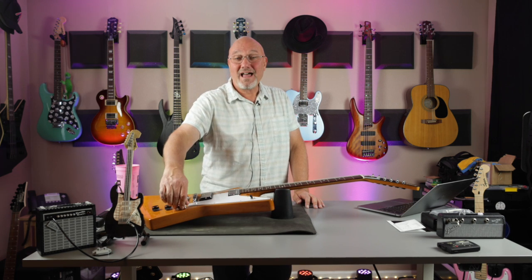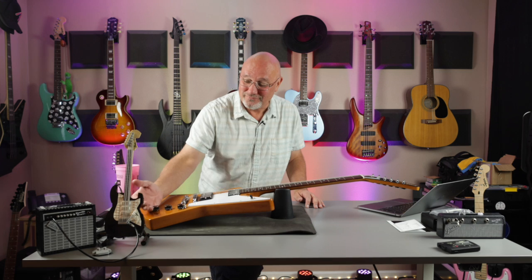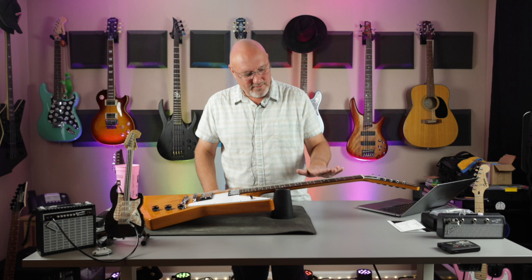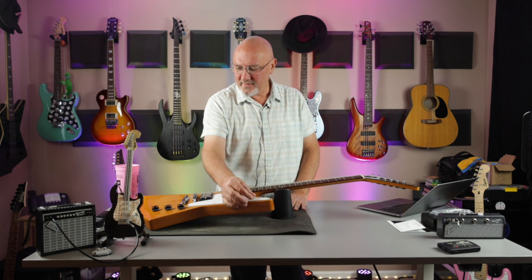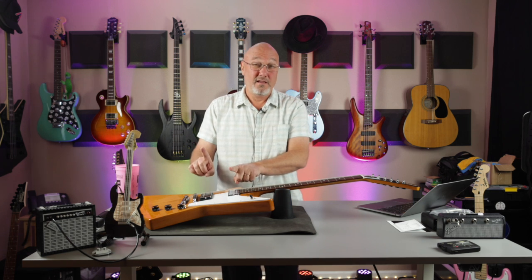Black speed knobs here, which are hot. They are cool. They're just killer knobs, man. All right, so we got Grovers, 22 frets, rosewood fretboard, 3-way switch, speed knobs, tune-o-matic bridge,